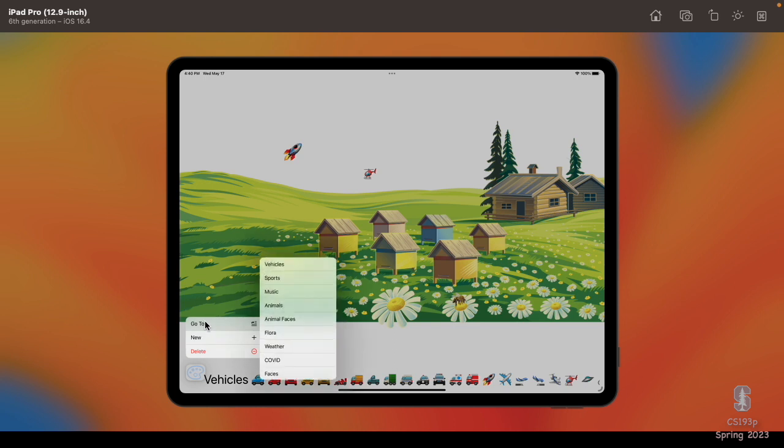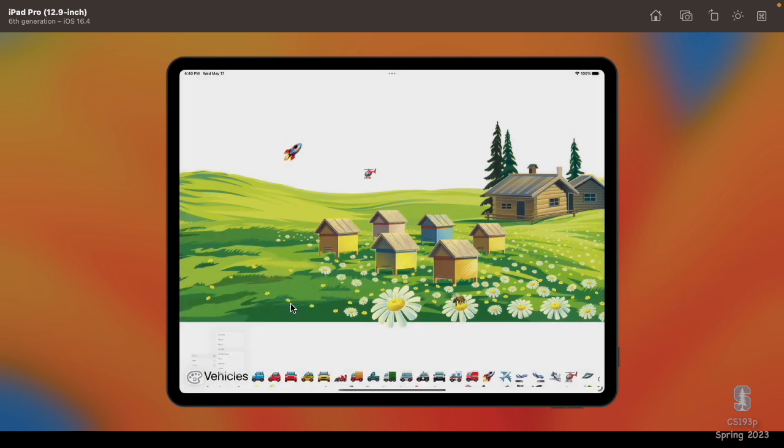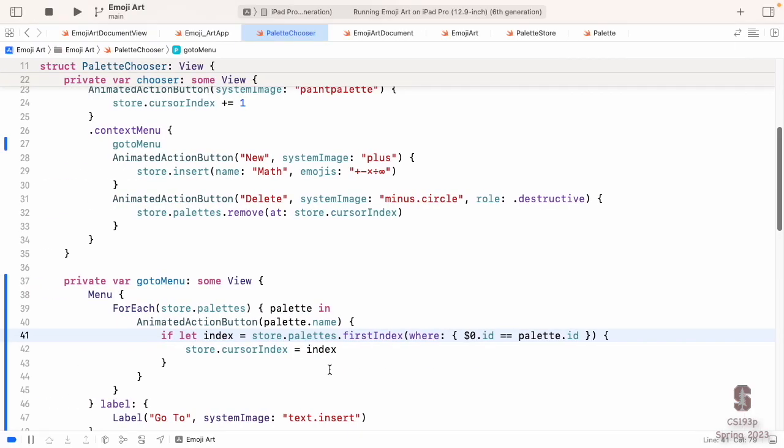There we go. Go to, and animals. Yeah. Go to weather. Woohoo. Okay, so that's how you do a submenu. And context menus is really nice to be able to have submenus. Keeps your main context menus maybe a little smaller and more accessible. But so I throw that in there. Not really relevant necessarily to all we're doing, but it seemed like a good place to show that to you.